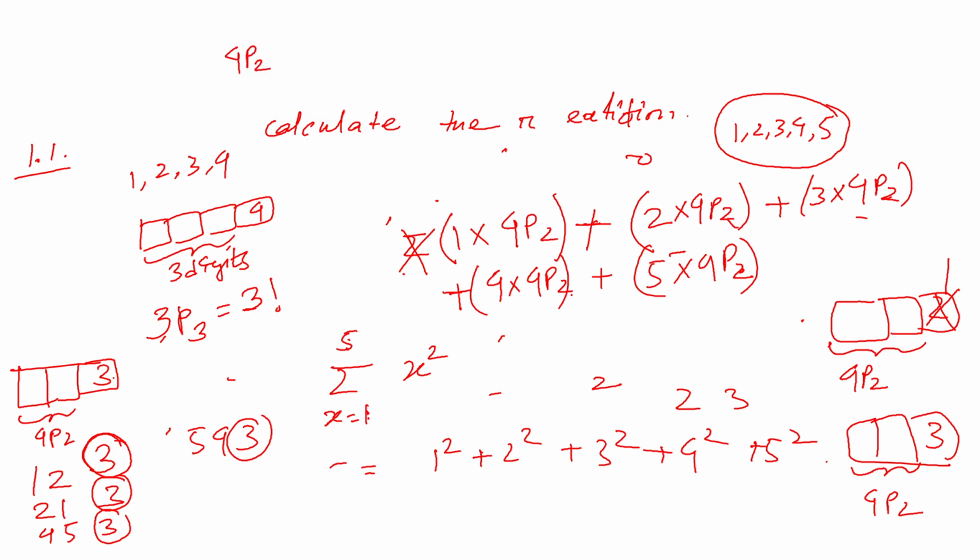So now if I take 4p2 in common, or factorize 4p2 from all the 5 additions, what will I get? I will get 4p2 times 1 plus 2 plus 3 plus 4 plus 5, right? Is that correct? Did you understand? I've just factorized it. You have read factorizing previously, right? Okay, so I have taken 4p2 in common. There were addition signs, and I have done 1 plus 2 plus 3 plus 4 plus 5. So if I relate it